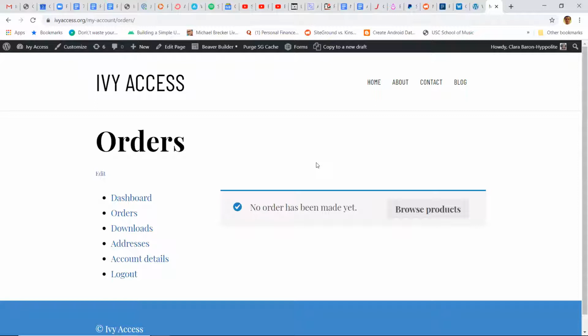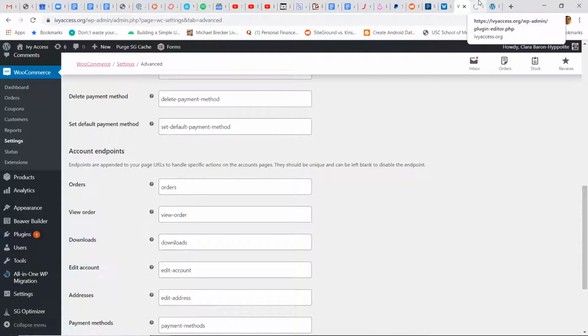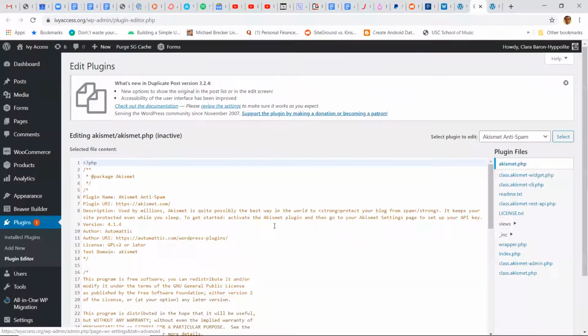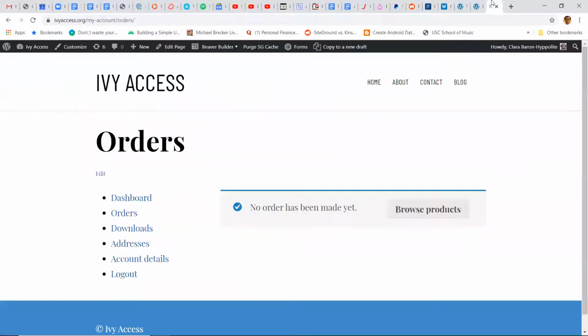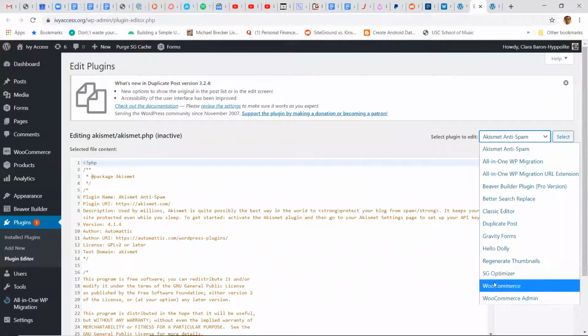Okay, so the question is, how do they do that? How can you change the appearance of that and edit it since it's not a WordPress page? And if I do create another page that is built in Beaver Builder, and I want to display that, how do I register that as an endpoint so I can access it from there? Okay, yeah, I'm not sure about the second part of your question, but basically WooCommerce does this with,